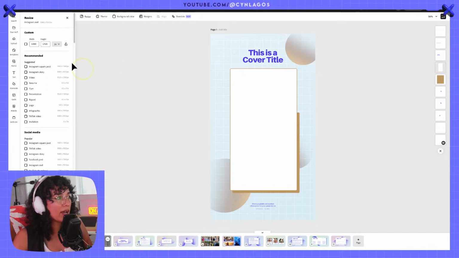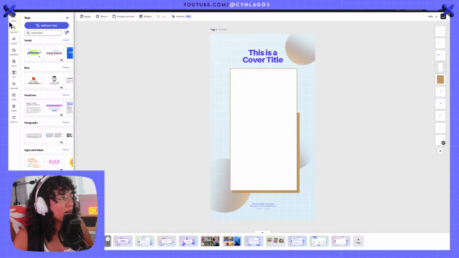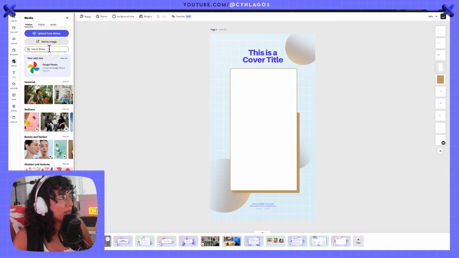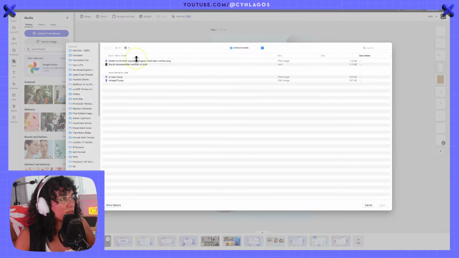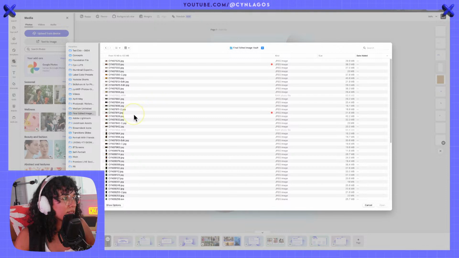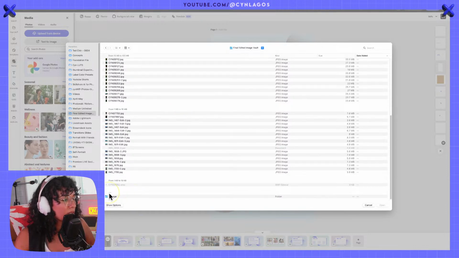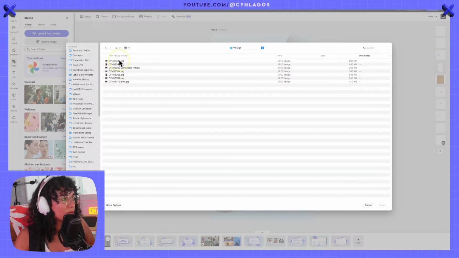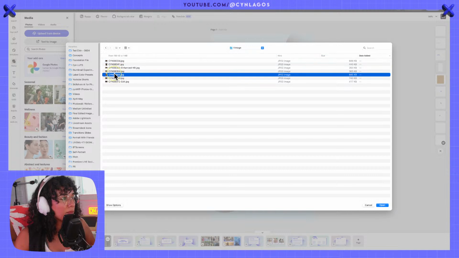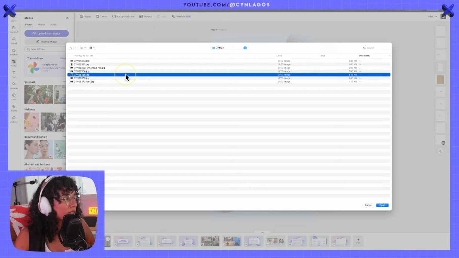Okay, so we're going to add some of these photos in here now. We've got media. Let's go into media. And I don't know if you know this, but you can add, let's see, final edited images. Vintage. I'm going to add this one.